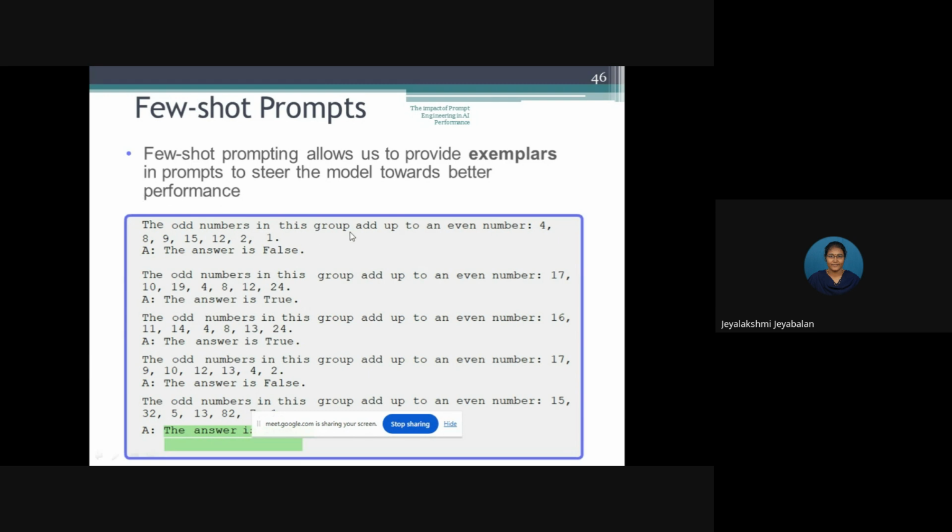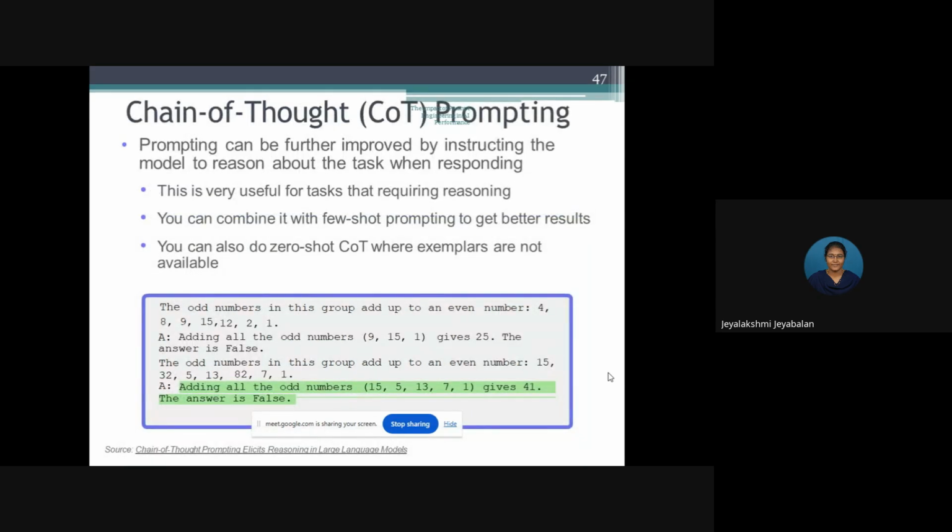The odd numbers in this group add up to an even number, and we are giving a set of numbers, and the answer is false. And when we keep on giving questions and data, the precision of the answer gets improved and makes a good answer. So we can train the prompt, which is supposed to be on the back end and not in a real-time process. So chain of thought prompting,